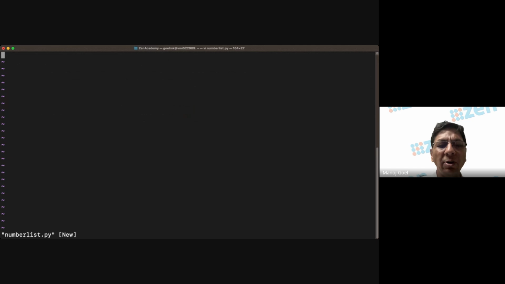Now in the Vim editor, in order to modify the file, you have to press i, and once you do, you will be in insert mode. Now I can start typing the code. num equals 1, and I say while num is less than 10, or less than or equal to 10, I want to do